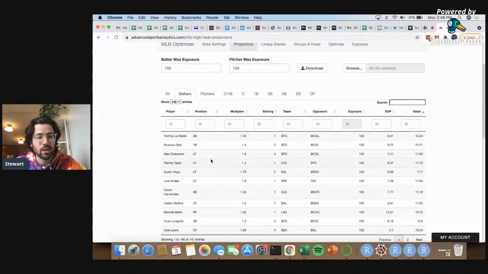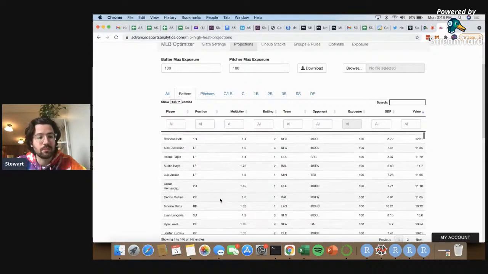As mentioned, there's a mix. We have a lot of at-Colorado guys on the San Francisco side, of course some of the guys on the Colorado side playing in Colorado, and then a sprinkling of guys like Hayes, who's projected to bat second at a high multiplier and is a reasonably productive hitter, Mullins batting leadoff at Seattle, but then also low multiplier guys like Betts,